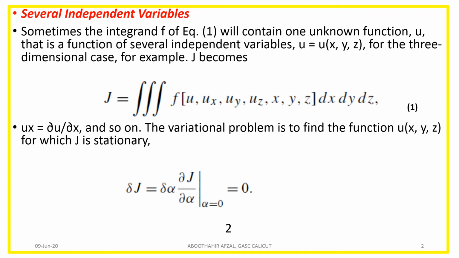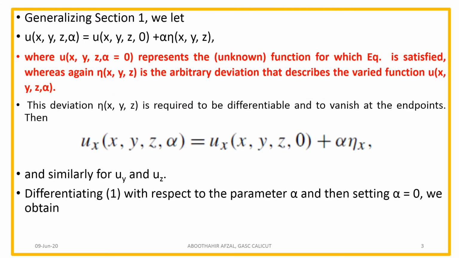The variational problem to find the function for which j is extremum, or the condition for the minimum or maximum case by the variational technique, is delta j equal to 0. That is, delta j is nothing but delta alpha into dou j by dou alpha at alpha equal to 0. Coming to the next slide,